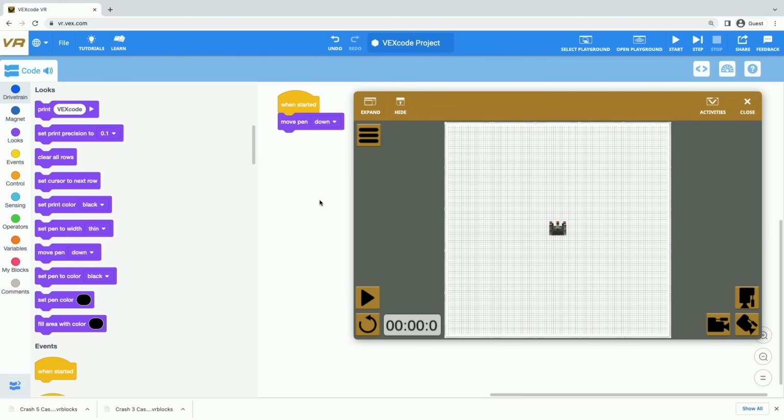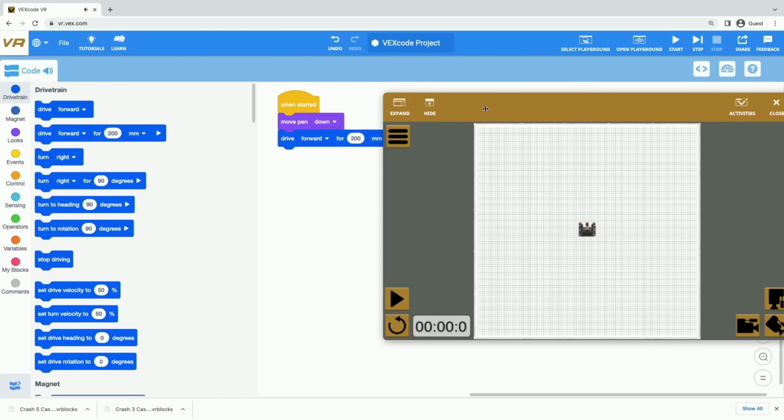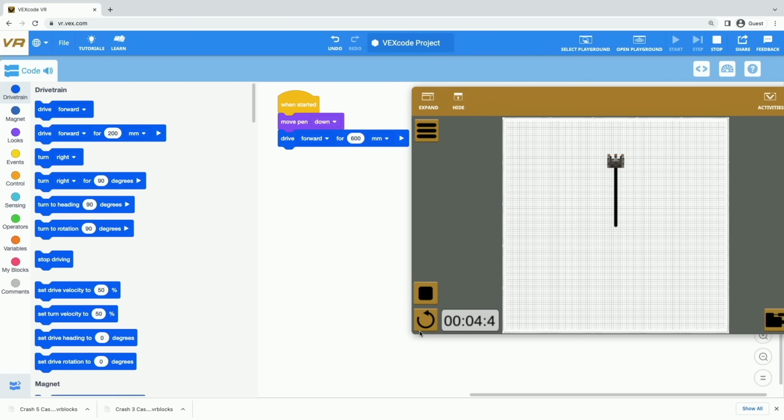And then the next thing we're going to do is have the robot drive so that it makes a mark. So I'm going to select a Drive For block, drag that out and attach it. Let me move this over just a little bit. Okay, now 200 millimeters isn't very long, so I'm going to go ahead and change my parameter in this block to 600, and then I'm going to run this so you can see what happens. So if I press the play button, there we go. Our robot drove forward for 600 millimeters and made a line on the Art Canvas. Okay, so I've made a mark with my robot. Let me reset the canvas right now, just like that.